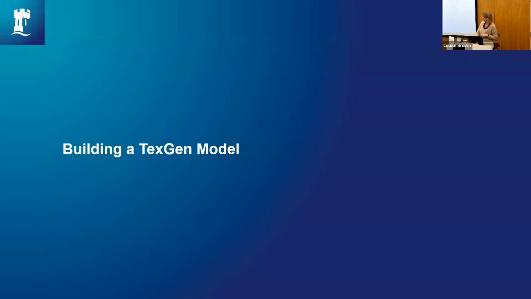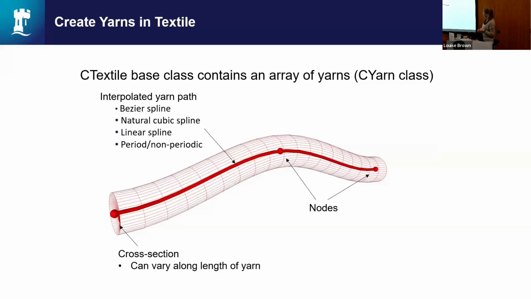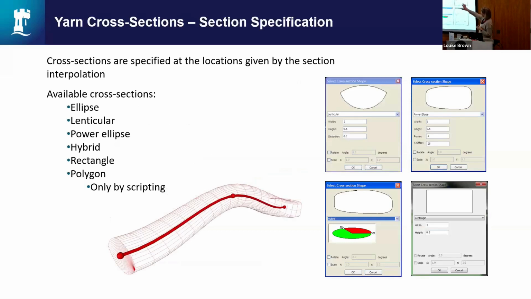So just a bit about how you build TextGen models, what they look like. Essentially, there's a CTextile class which contains an array of yarns, and the yarns are just made out of a set of nodes, and there are various interpolation functions which plan the path between those nodes. And then you can specify cross sections along the length of the yarn. You can have various different cross sections. It can vary along the length. You can specify the cross section at the nodes or at any point in between. So you get a lot of flexibility